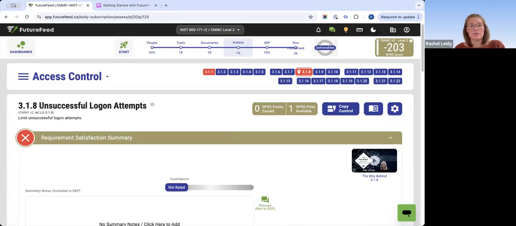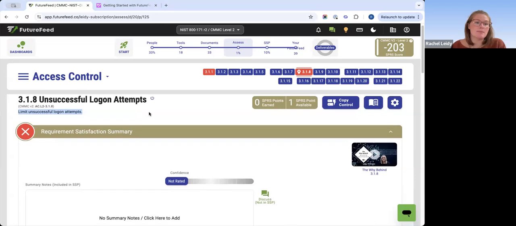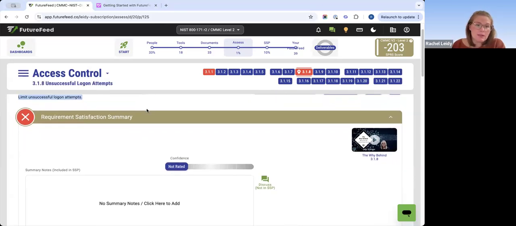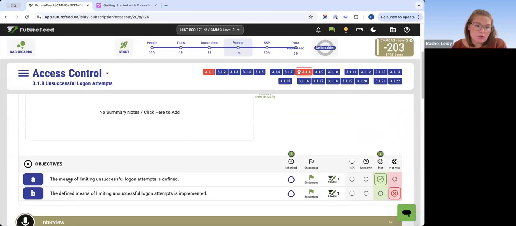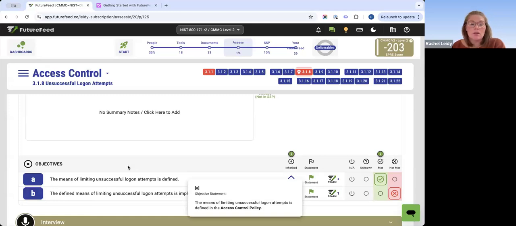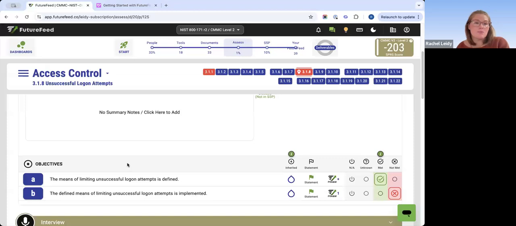So here, to do an assessment, of course, start by reading the requirement, limit unsuccessful logon attempts. But whenever you're doing an assessment, always do it at the objective level. That's why we made FutureFeed have the results at the objective level. Okay, in an assessment, if you fail one objective, you do end up failing the overall control requirement. There's 2 exceptions with that, but in general, just think of, all my objectives need to pass in order for me to pass that control. So we always work at the objective level when assessing